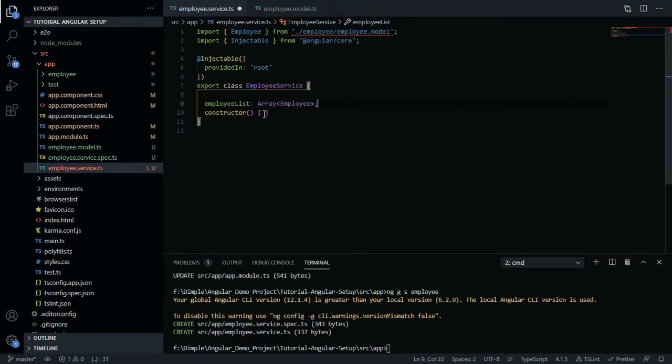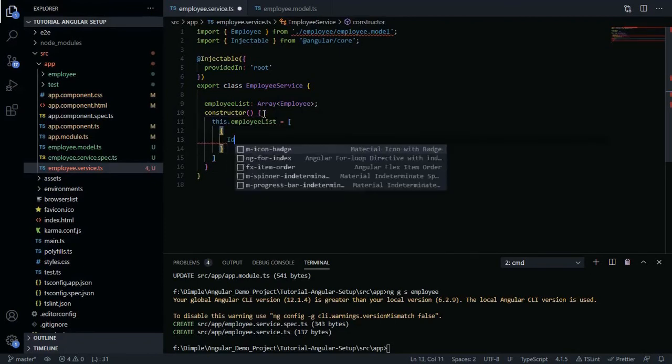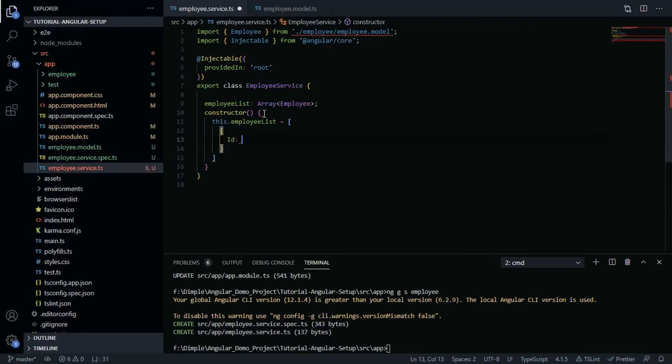Okay, now in the constructor employeeList is equal to, with ID. We'll just hard code the values. But in a real scenario, you have to get this employee list from your server or from your database.